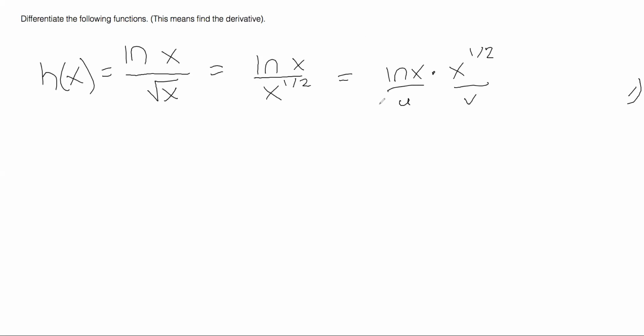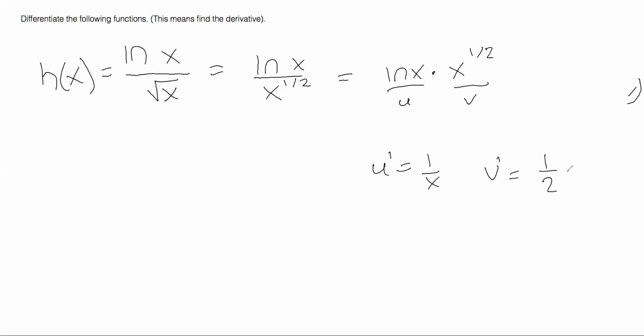So this is one you just want to commit to memory as soon as you can, because it's going to come up constantly throughout this class and throughout math classes after this one as well. So the derivative of natural log is 1 over x. So if u is natural log, u prime is 1 over x. And then if v is square root of x, then v prime is going to be